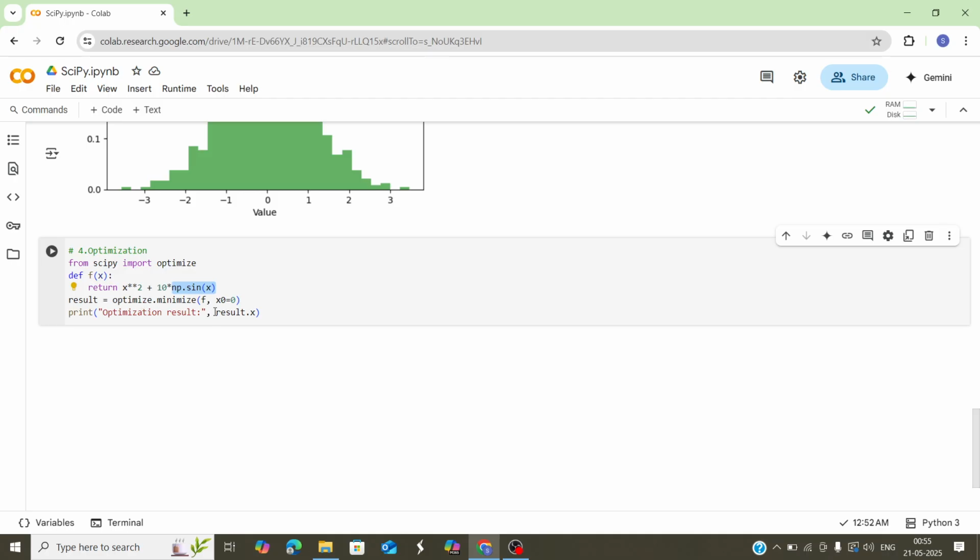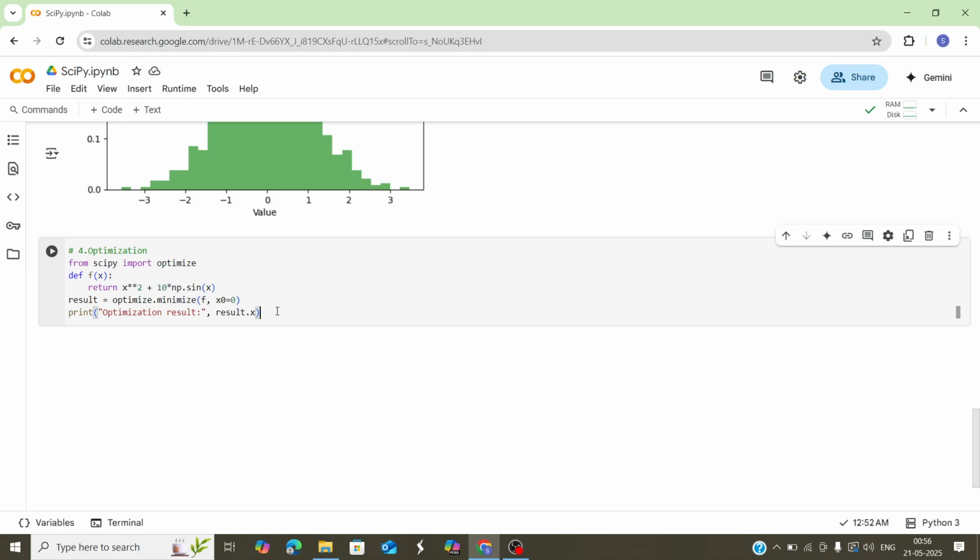So result is equal to optimize.minimize of the function. I'm minimizing this function by passing the argument x0 equal to 0. So in place of x, we have 0 over here, because that is the value I have given in the argument while calling this minimize function. So 0 square plus 10 into np.sin of 0. Sine of 0 is 0 and 10 into 0 is 0.